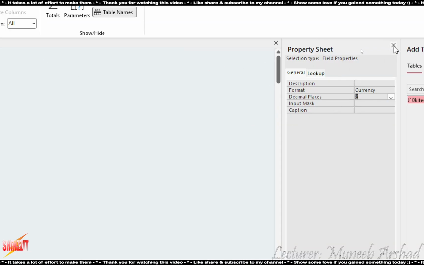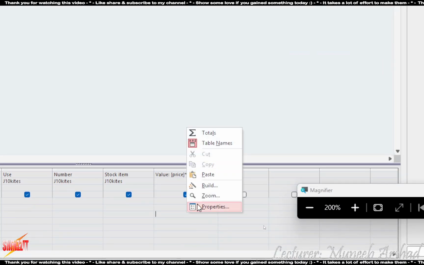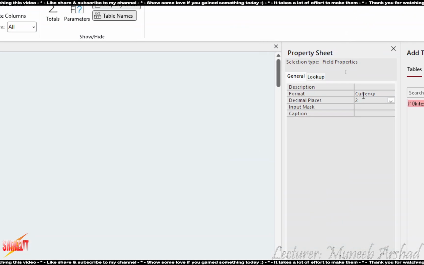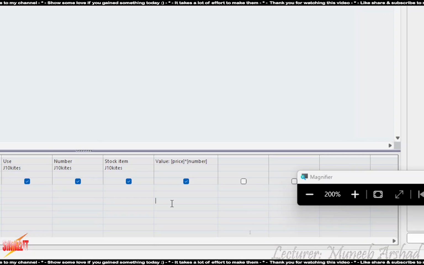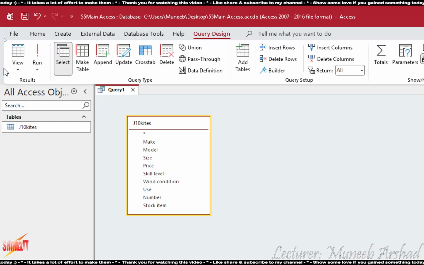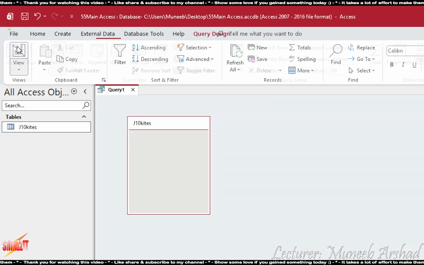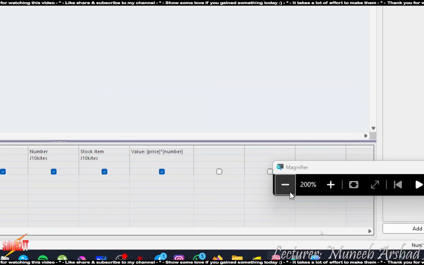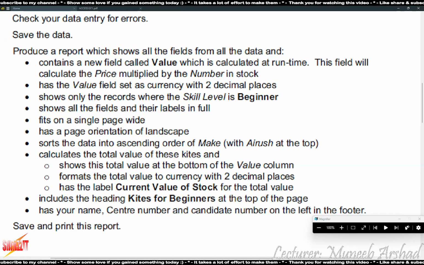After you're done with the properties, you can close it. You want to access it again, you can right click again, click on properties, ठीक. Or you can also select in this particular column and select property sheet. That's again the same thing. Click on run to apply it. Always check the change that you have applied. Acha ji. So the first 2 points are done.